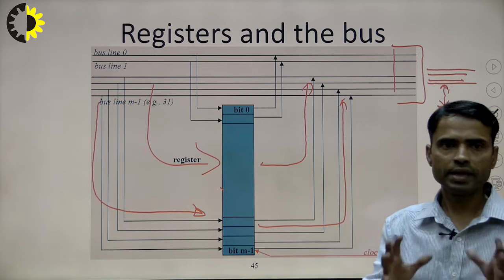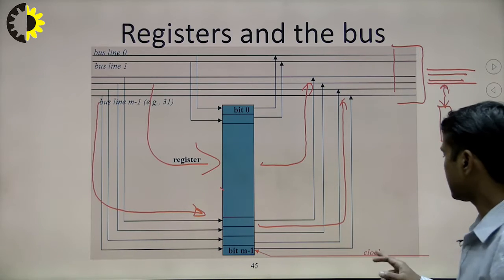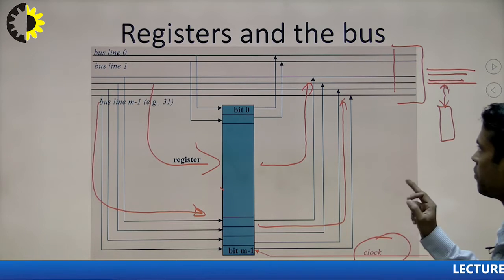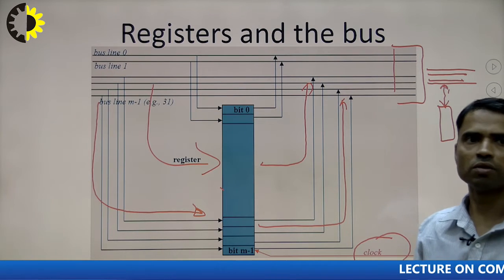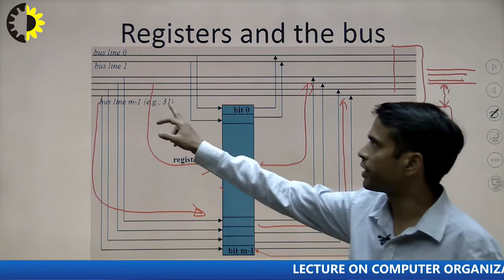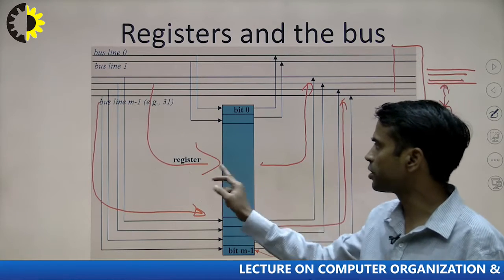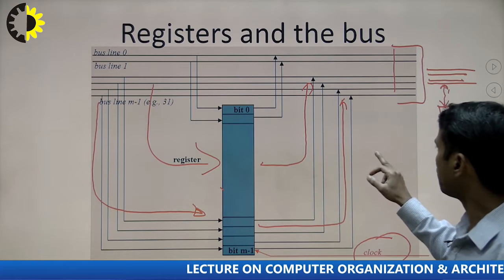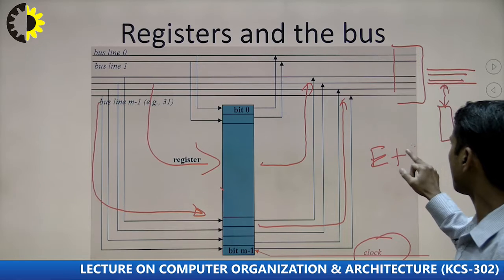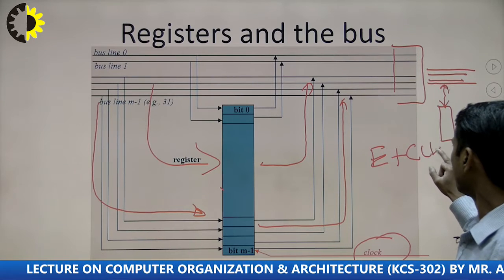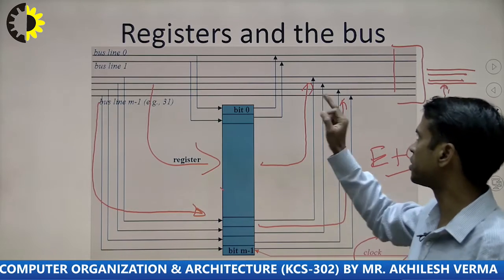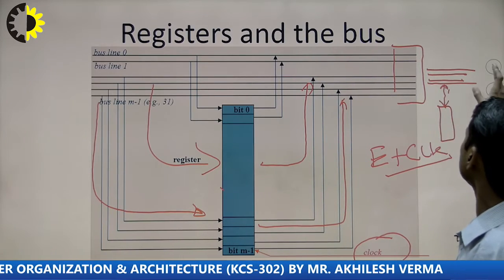No, there is certain control, and that control is through this clock that tells when it will do this particular task, when this operation is enabled for transfer of data from bus to register and register to bus. So, we require an enable signal plus we require a clock together to initiate this operation from bus to register and register to bus. So, let us see further.